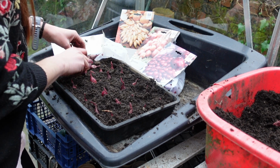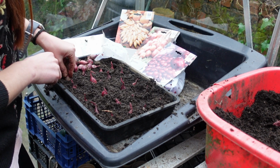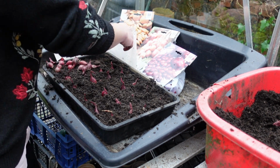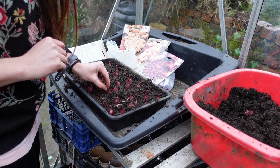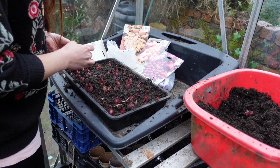Okay, these are probably a little bit too far apart if I want to get 50 in here. I should have worked it out before, shouldn't I? Okay, I'm going to have to scrap this and rearrange them a little bit. Back in a minute. Okay, so scrap the neat lines and things like that. I've just gone for putting them in